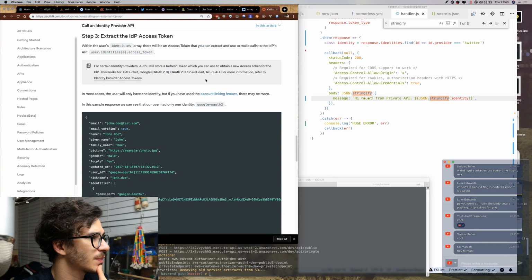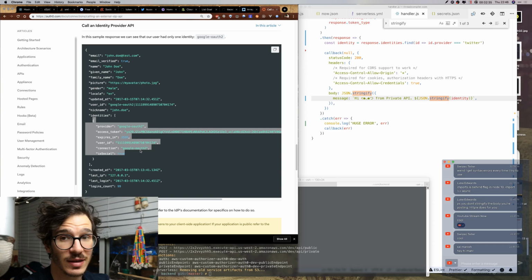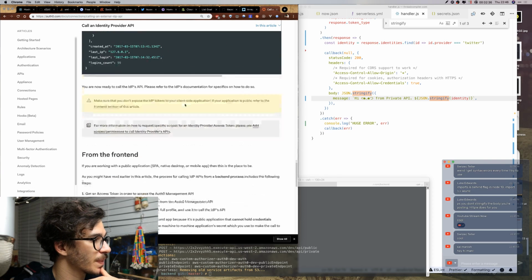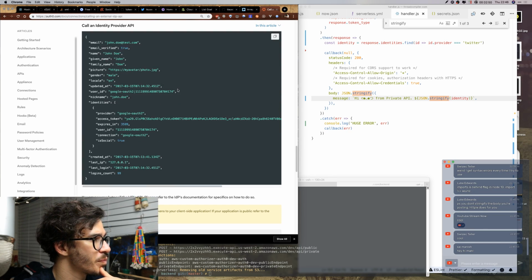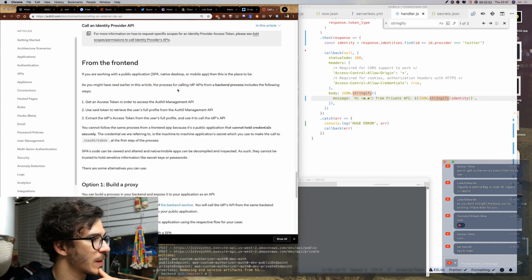We got that, so that's how we got the identity. And then you are now ready to call the IDP's API. Please refer to the IDP's documentation for specifics on how to do so. Okay.